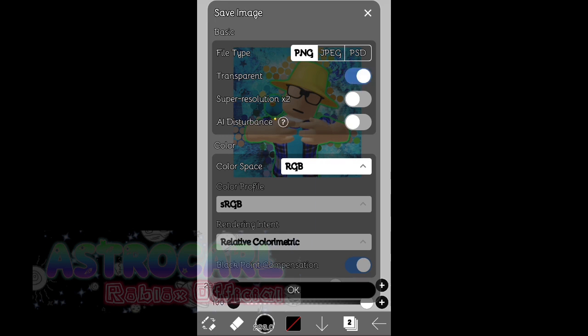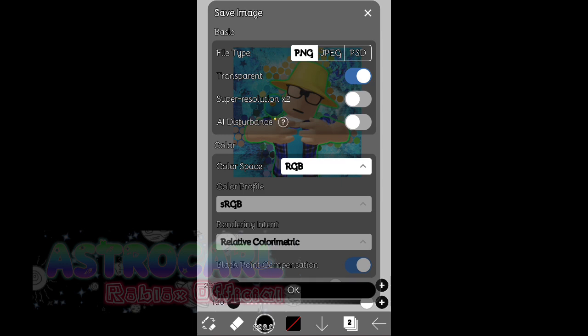So the behind of the photo is transparent. It's almost transparent. It doesn't apply colors.